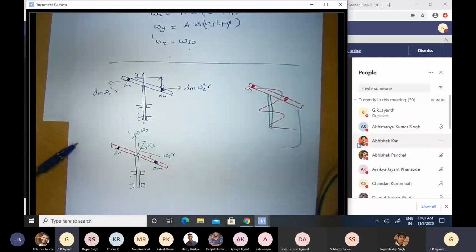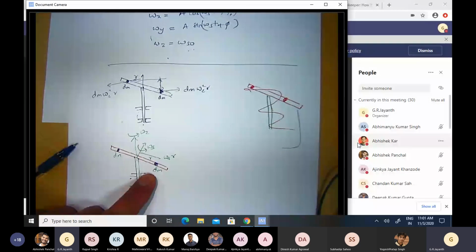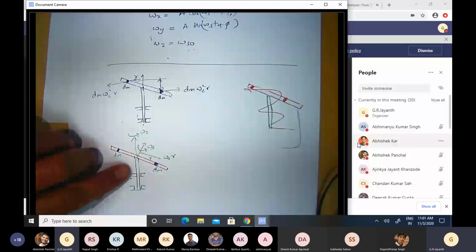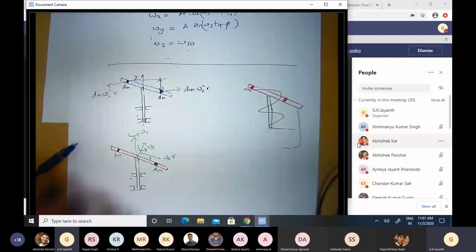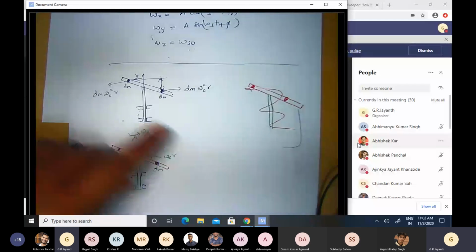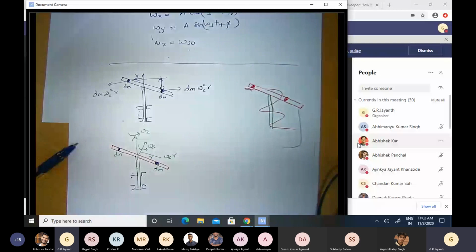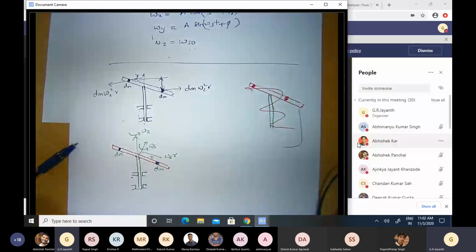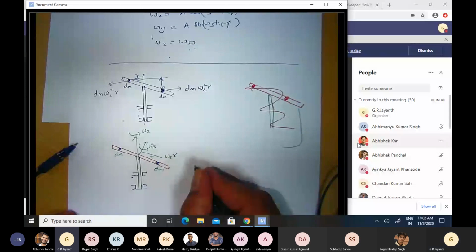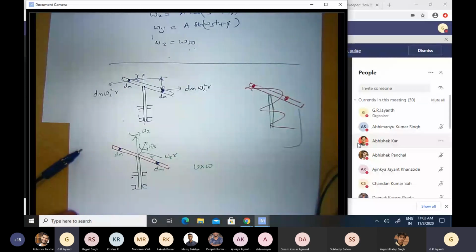Therefore, you will have a Coriolis force, because you have this dm moving in a rotating reference frame. What is a rotating reference frame? It's that B1, the reference frame fixed to the shaft. With respect to that, this mass is moving on account of it rotating at a rate omega s, and that relative velocity of omega s times r contributes to that mass experiencing a Coriolis force, which is given by 2 times dm times V cross omega.